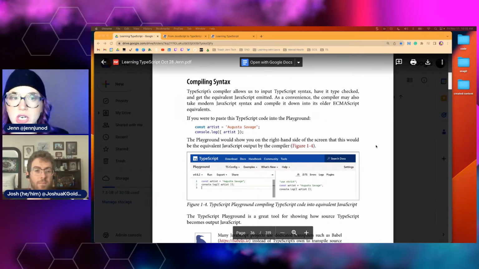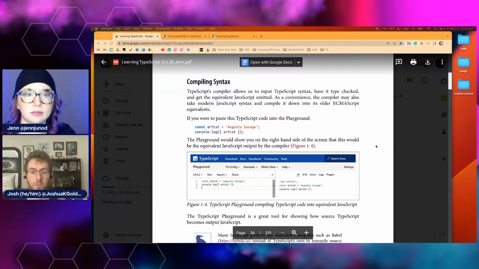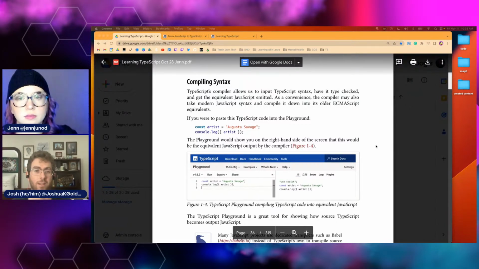So can you reverse compile? Can you take a JavaScript file and make it a TypeScript file? You can kind of guess. And actually, the open source project I spend the second most amount of time on is a project that does that. But it's quite difficult because you lose information when you go from TypeScript to JavaScript. TypeScript allows you to document all these things, which then mysteriously disappear when it becomes JavaScript because they're TypeScript, not JavaScript. So trying to guess at those things is quite difficult, and you're not always going to get as good.